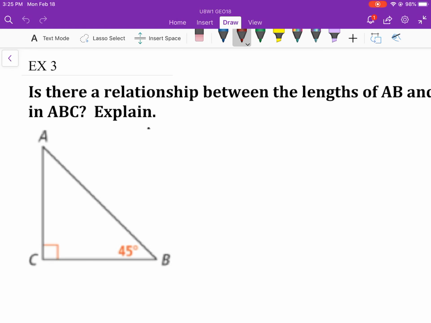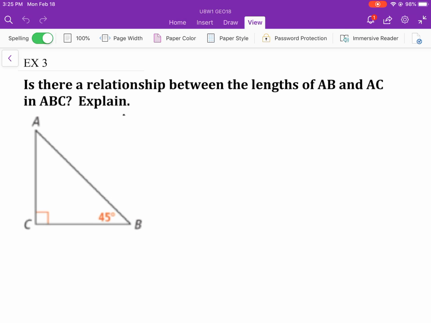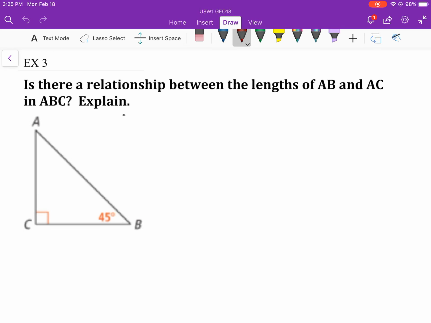What is the relationship between the lengths of AB and AC in triangle ABC? So this is what's known as a 45, 45, 90 triangle. It is a fun one because this relationship holds every time, which is pretty cool. The relationship being